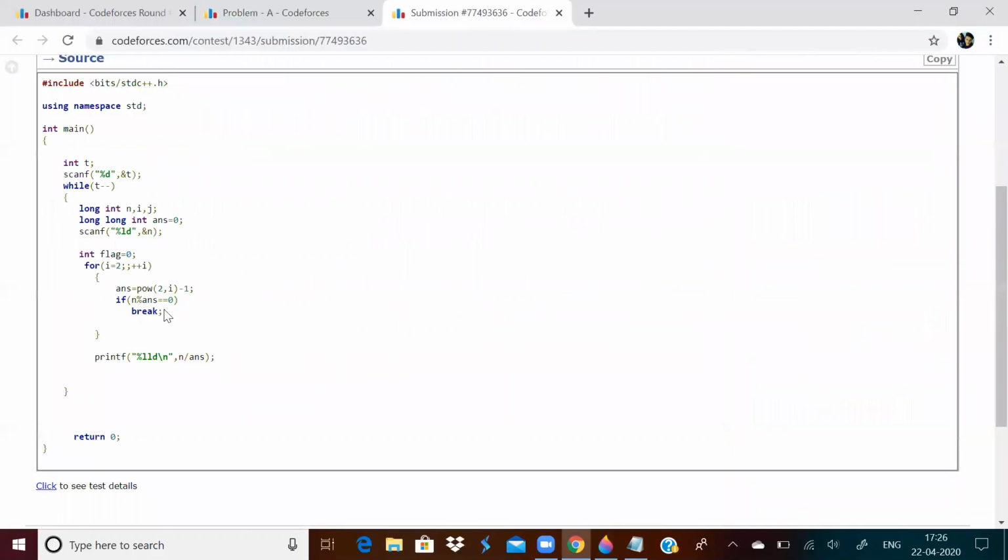Now I'm checking if n is divisible by ans. I will break.